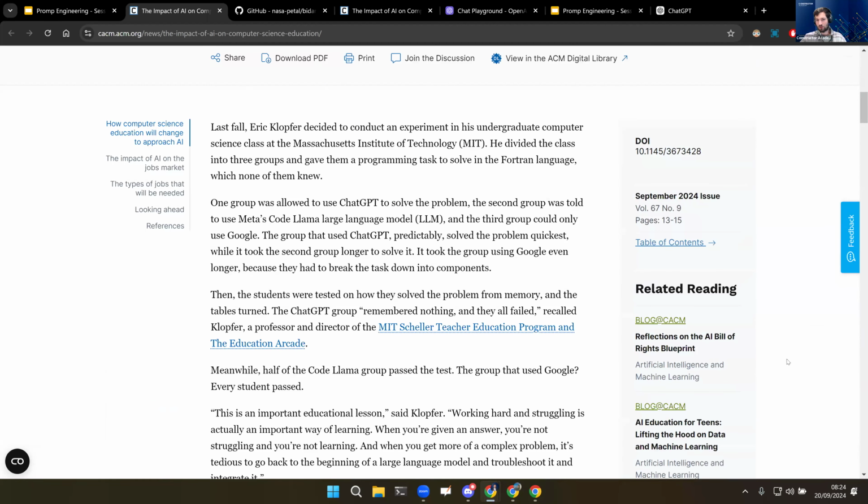This is MIT. They are saying that the students that use AI will perform better and faster than the ones that just use Google. But in the long run, they are understanding less. So they have a better performance in the short term, but in the long term, they will perform worse than the ones that just use Google. And then I wonder,